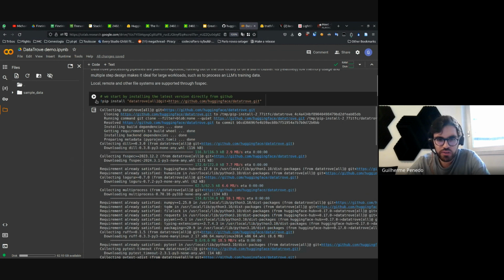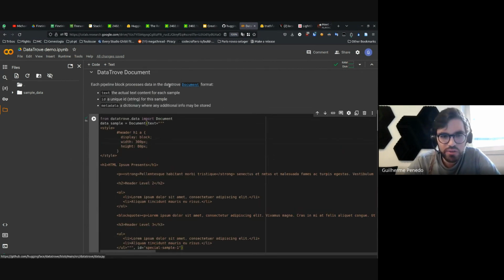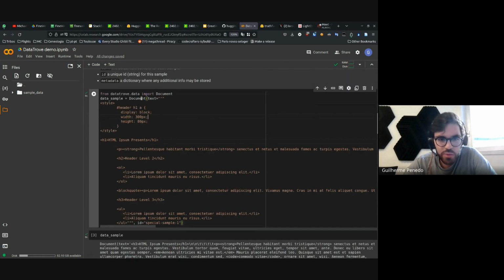This just installs the library. This is the main data structure. Each sample, each document, has a text, which is a string, and an ID, which should be unique across the dataset. Then you have anything else you want in the metadata. This could be the language, the URL, everything else goes in here. This is me defining documents manually. So this is a document with this text and this ID. And if you print it, this is a